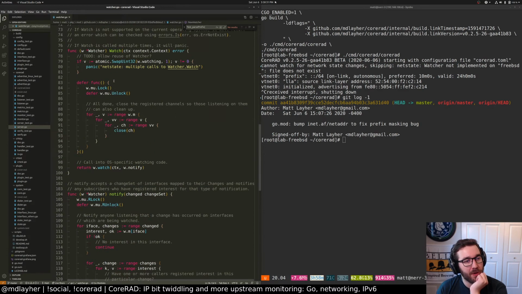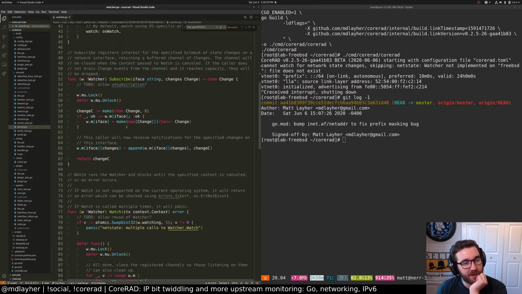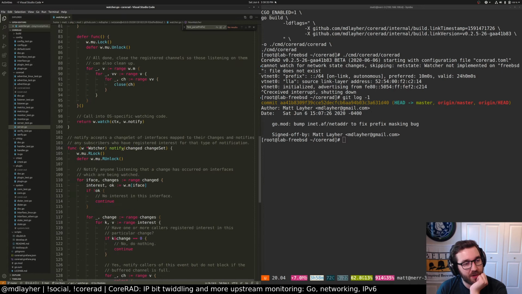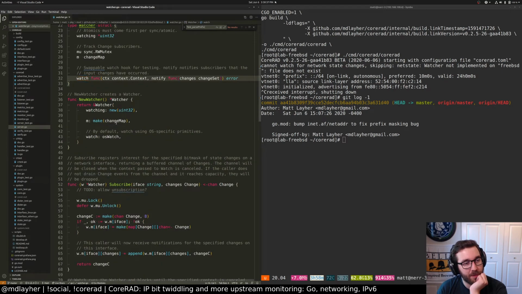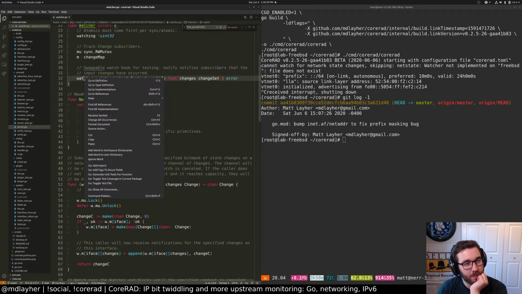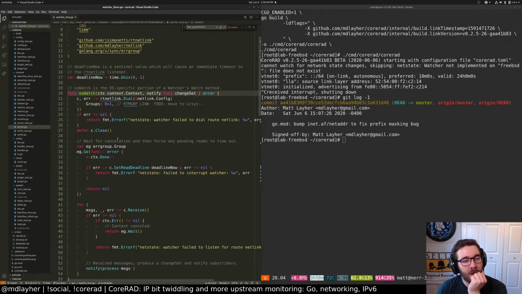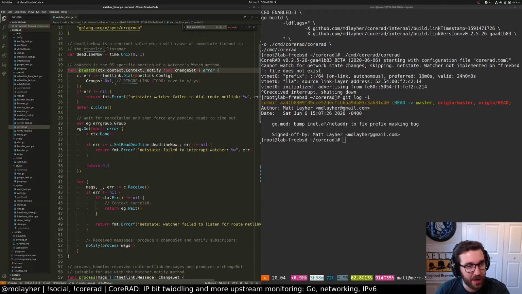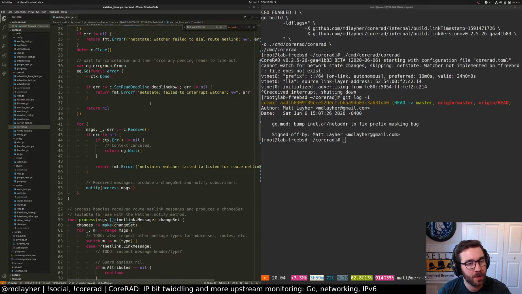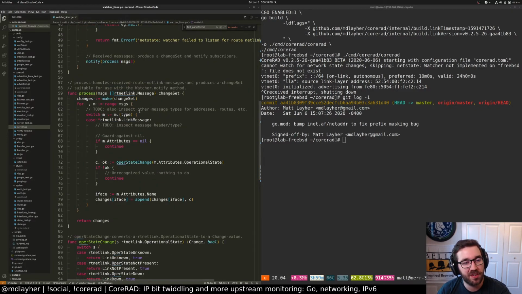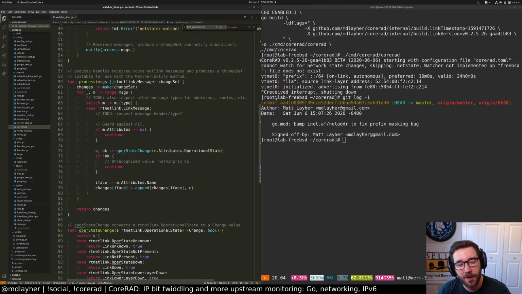For example, if I look at the code for Linux that checks the changes, where is it? Notify, watch, this one. Oh, OS watch is what I want, right? On Linux, we are dialing out to route netlink. We are looking for RTM group link, so link state changes. We're also going to want to watch for IP changes. I think that'd be useful too. We're receiving netlink messages and then merging them all into one operation, but I feel like this is not really what we want. So I think we want to pull this back into the repo and give this another look.